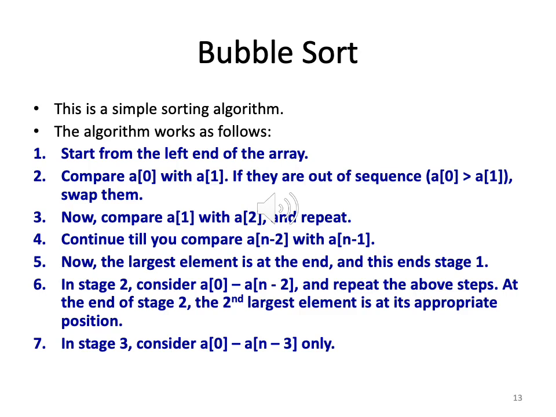What are the steps of the algorithm? Step 1, start from the left end of the array, A0. Compare A0 with A1, the first two elements. If they are out of sequence, which means if A0 is greater than A1. For example, let's say A0 is 4 and A1 is 2. In the final sorted array, is this the correct sequence? It's not. A0 is 4, A1 is 2, that's not the correct sequence. It should be reversed: 2 then 4 rather than 4 then 2.